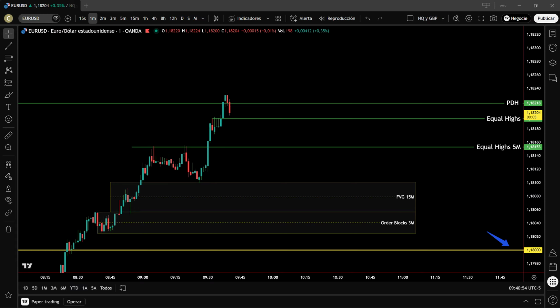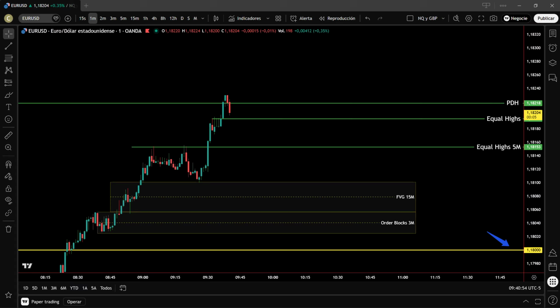This vertical expansion has created a liquidity void and left unmitigated zones of interest at lower levels, specifically around the 1.18000 psychological barrier, marked here with a yellow line. In institutional trading, we know that these rapid moves often act as magnets for future rebalancing. Although the immediate trend is bullish, the presence of equal highs above and exposed liquidity below forces us to be cautious and wait to see if price decides to consolidate or if it will initiate a deep retracement to test